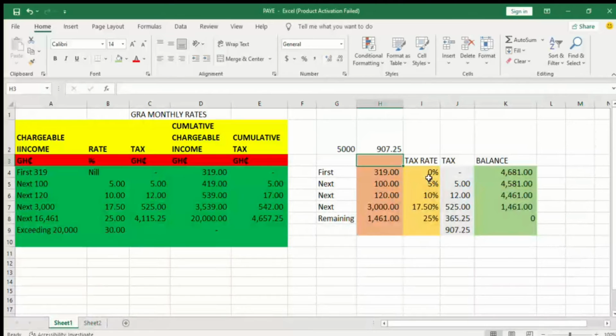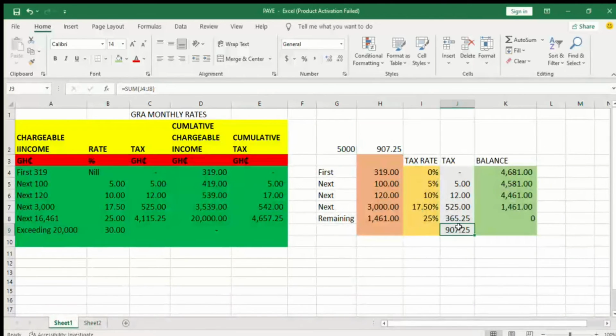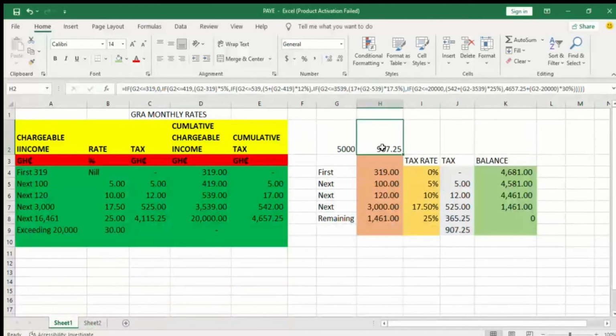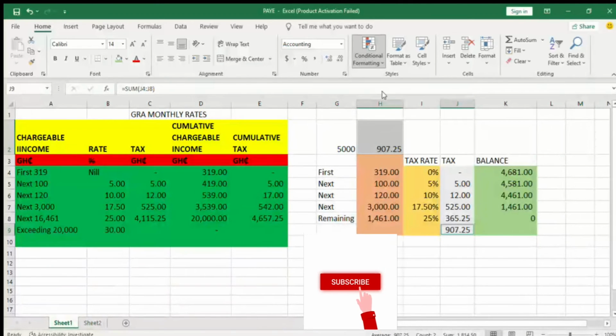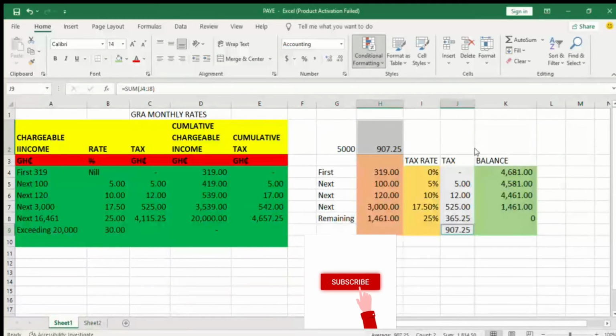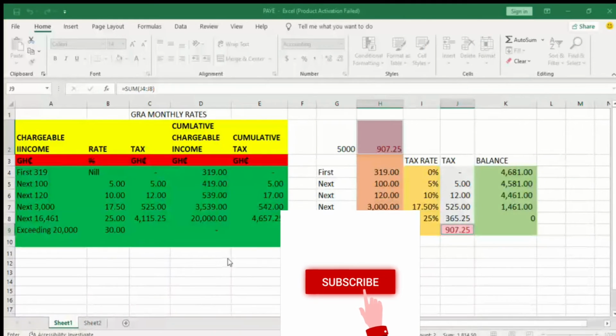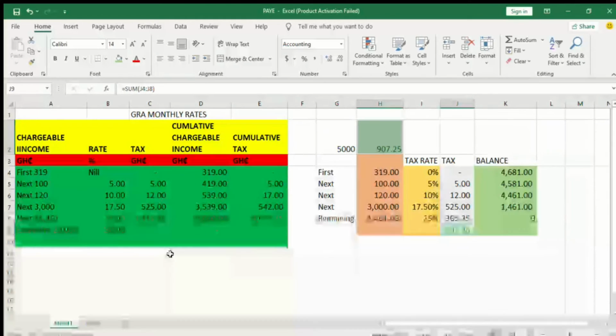So you can see here that the formula has calculated the tax rate for us, and it is the same over here. Let me do a condition. Okay, so highlight cells, if it is equal to, just fill them with green. Let me select green. Okay, so it's the same over here. So this is very simple, as you can see.